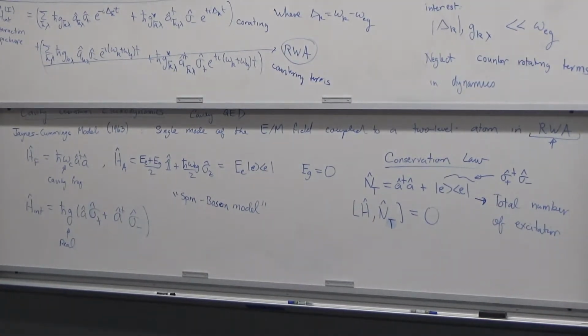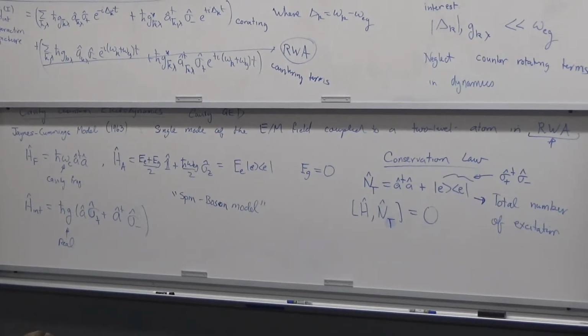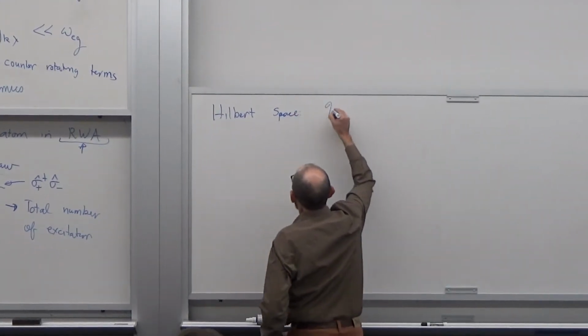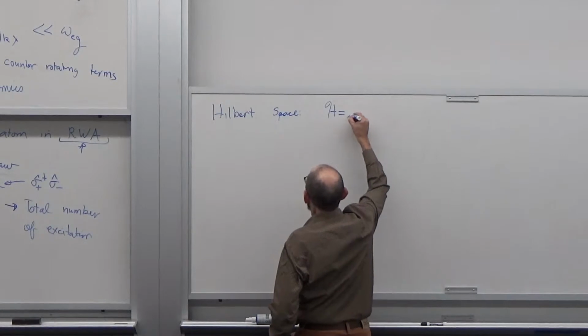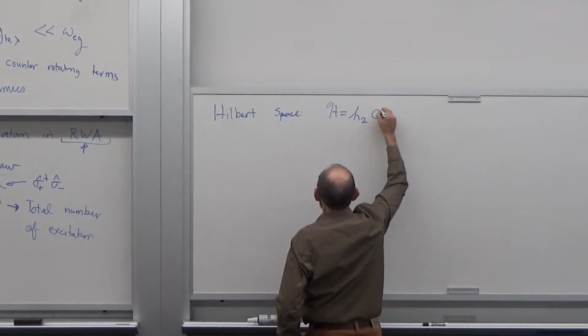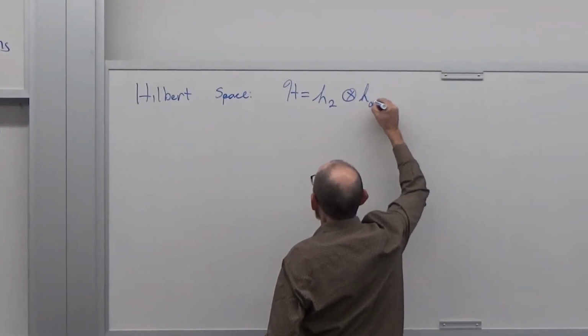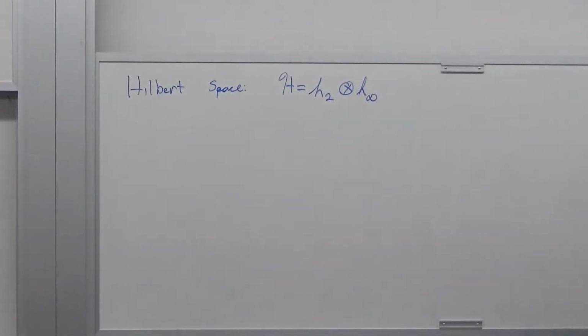Let us look at the Hilbert space that describes our spin boson model. The total Hilbert space is the Hilbert space of my two-level system tensored into the infinite dimensional Hilbert space associated